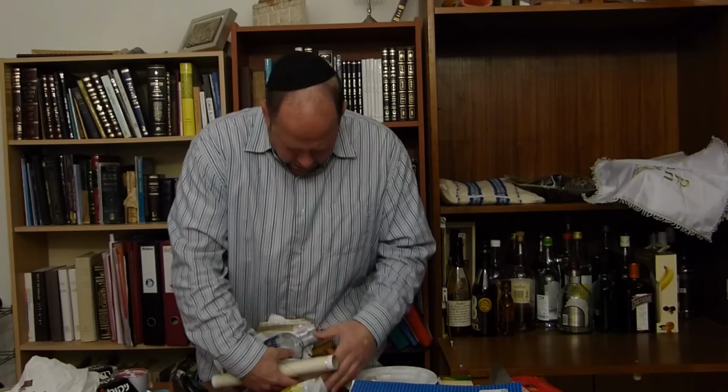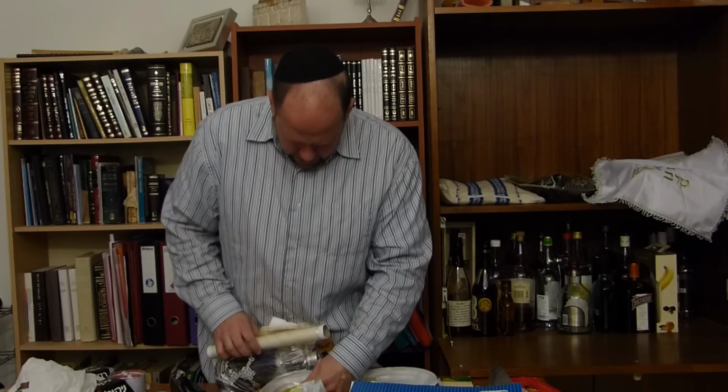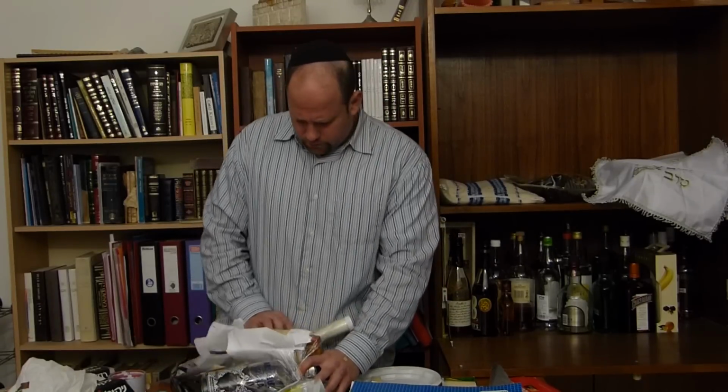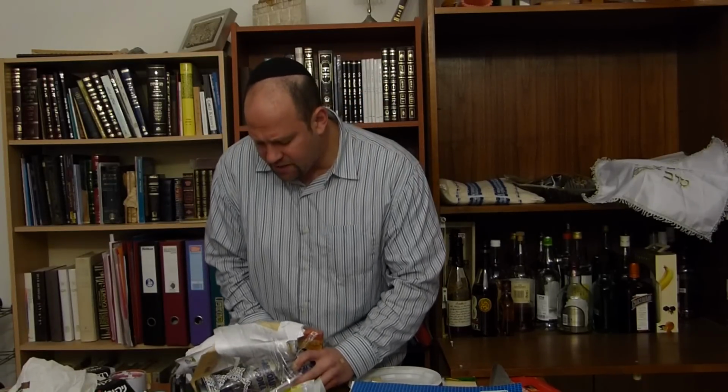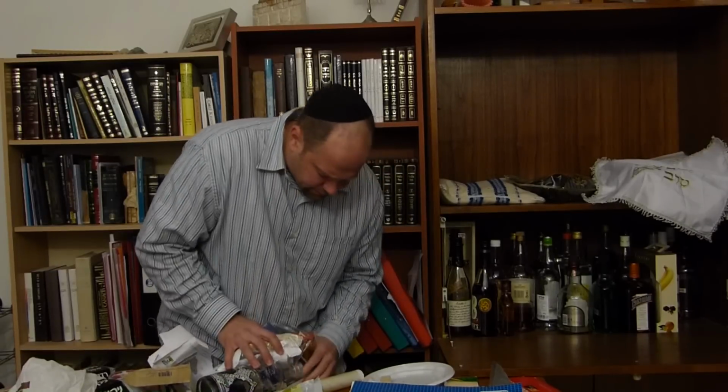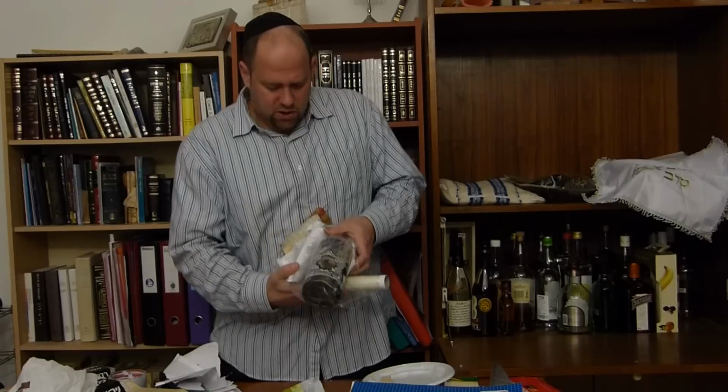And now before you rip your bag, because you want to make it full, you want them to know that you put a lot of thought into it. Then you start pulling this around, and then you're going to have your Mishloach Manot all ready. You can use the files that fall out. Maybe that's for the next Mishloach Manot. Here's your paper plate Mishloach Manot